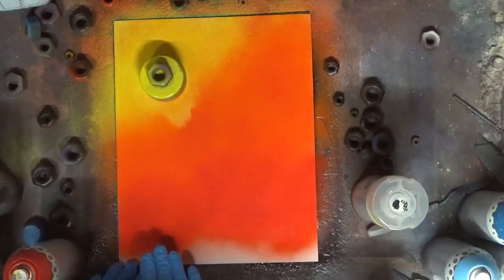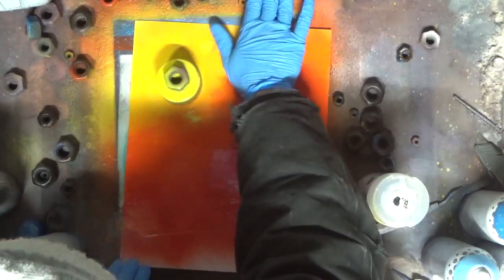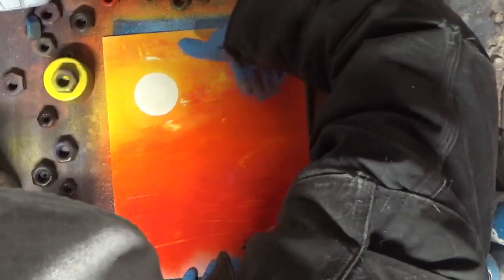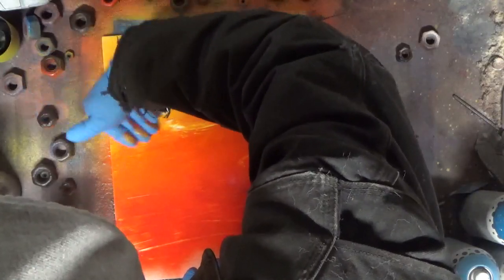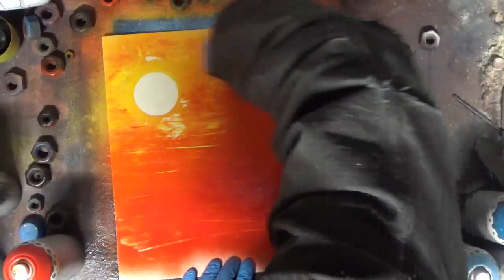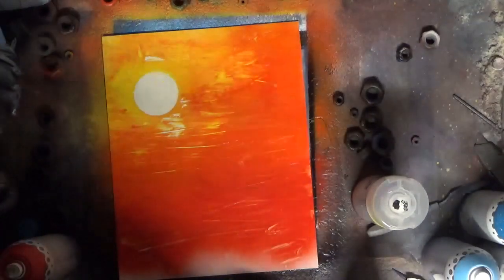I'm going to see if I can kind of mix these in a little bit by hand. Make a little texture in the sky. I don't want to bump my stencil though. I'm just going to remove the stencil. I might throw that stencil back down on, and